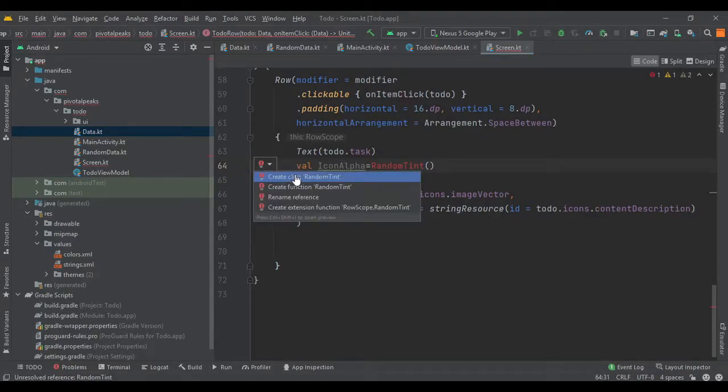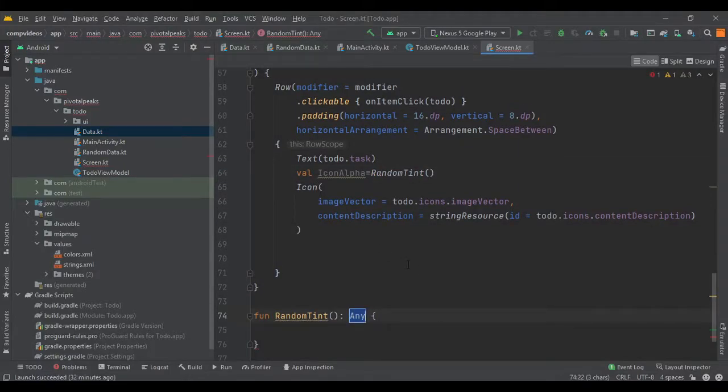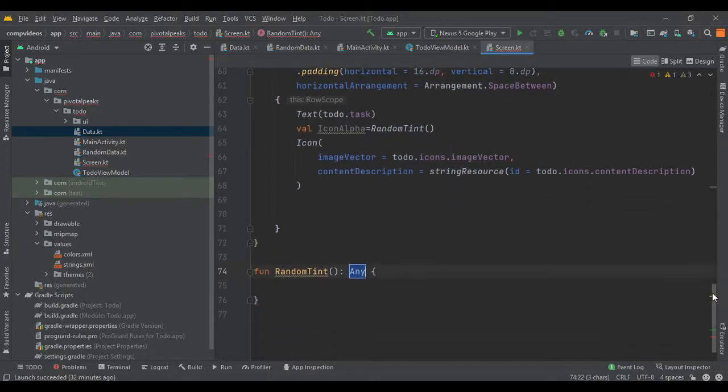So let's do that. Let's create a function randomTint. So the tint value is going to be between 0.3 and 0.7.